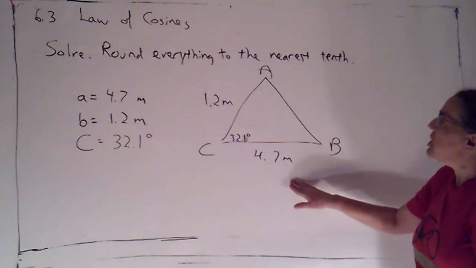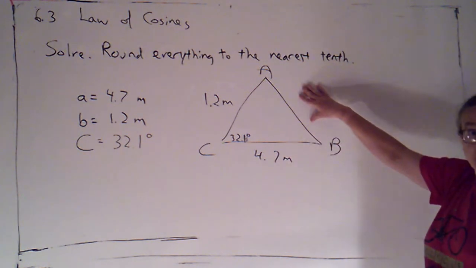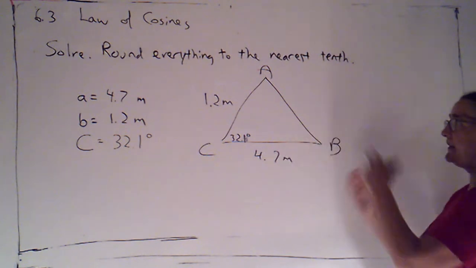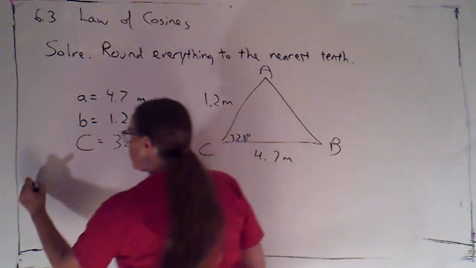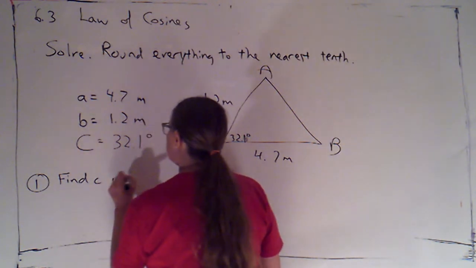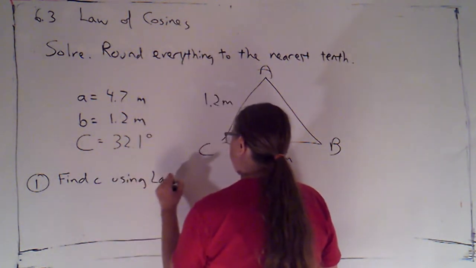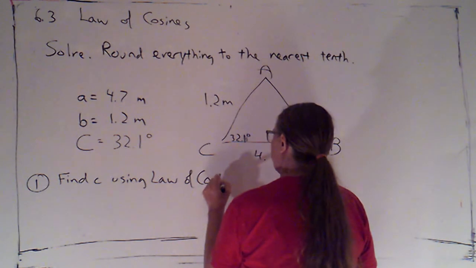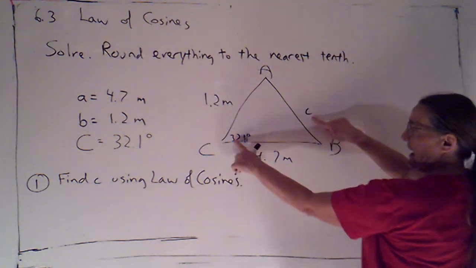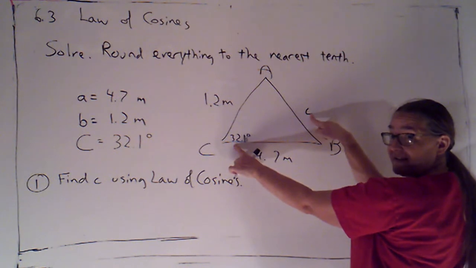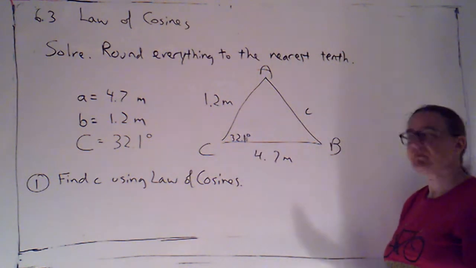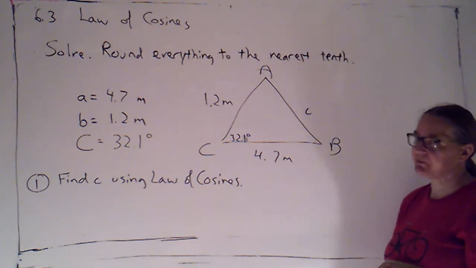Okay, so I'm going to need to use law of cosines first because I can't use law of sines. I don't know an angle and the opposite side. So the first thing I'm going to do is find side C using law of cosines. Now once I have that, then I'm going to have a pair of an angle and the opposite side. So now I could continue with law of cosines, but law of sines is a lot simpler, so I probably